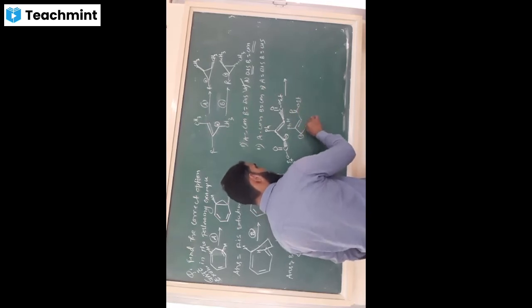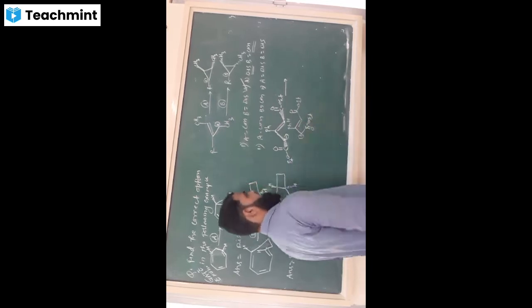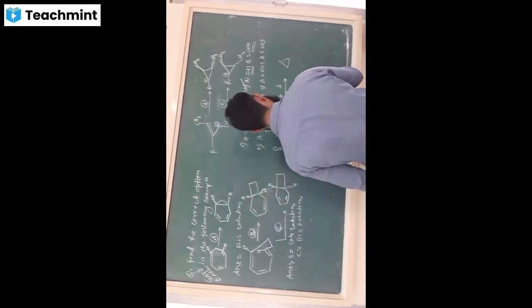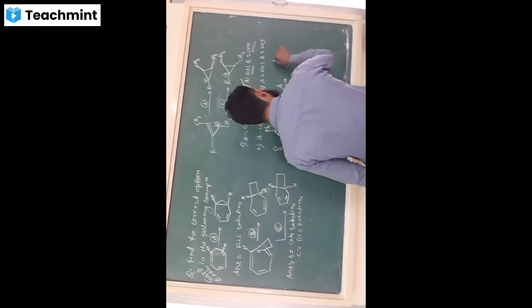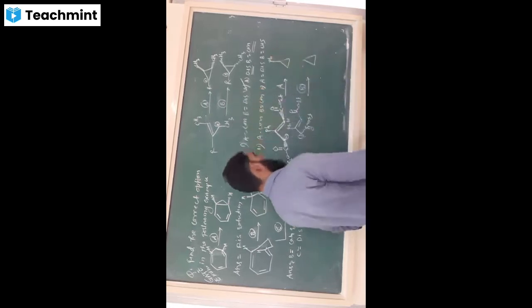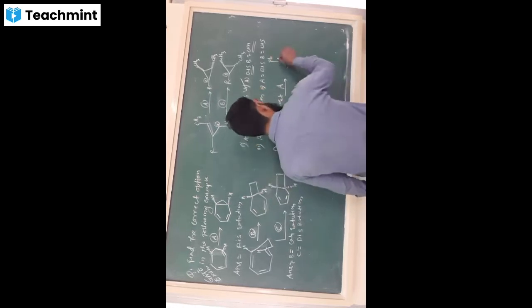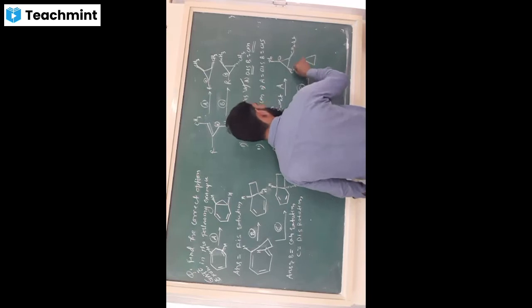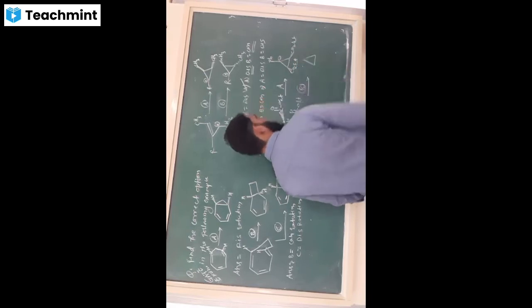This is negative charge, this is C double bond O, O, E. Both the structures are same, and from this, if we get this product, this is the A type of rotation, and if we get this product, another one, this is the B type of product. This one becomes negative charge. Both the CO2 Et groups are on the same side.